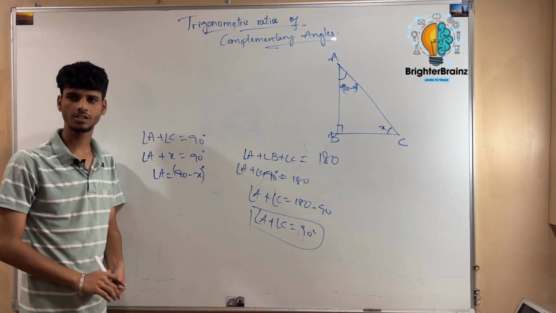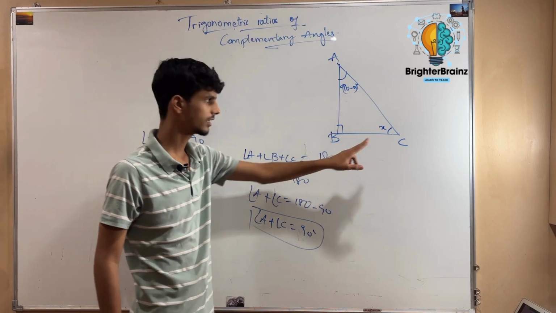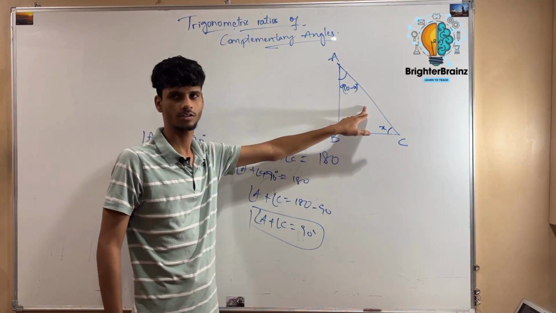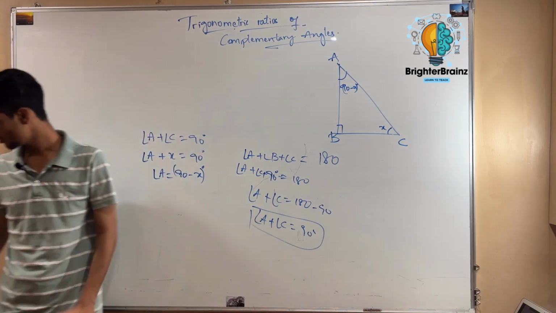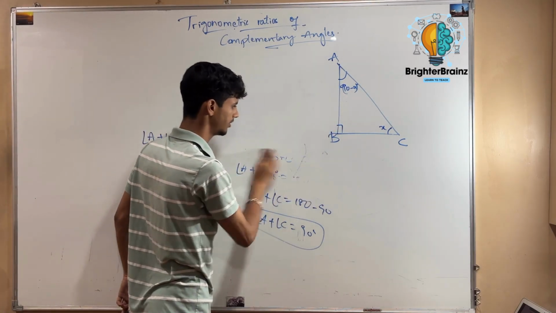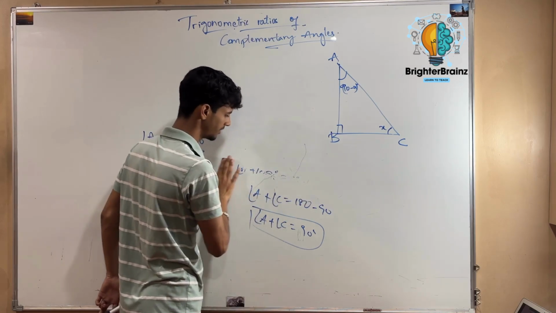Do we have all the angles now? Yes. Angle B is 90, angle C is x, and angle A is 90 minus x degrees. We'll use this right angle triangle to learn the concept of trigonometric ratios